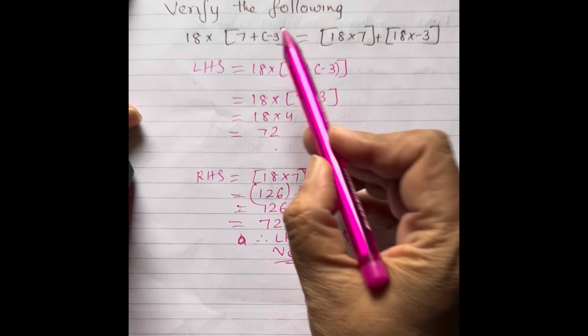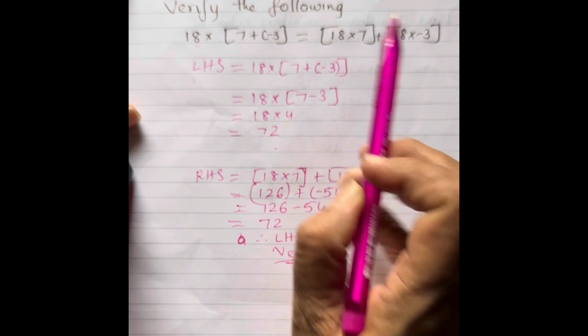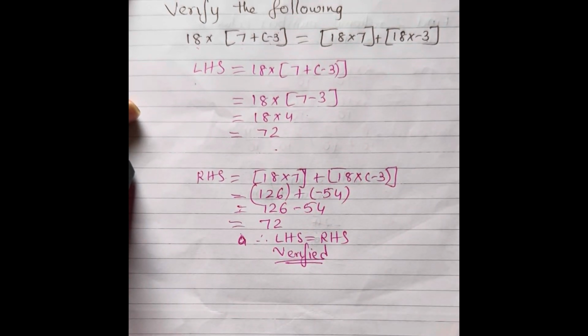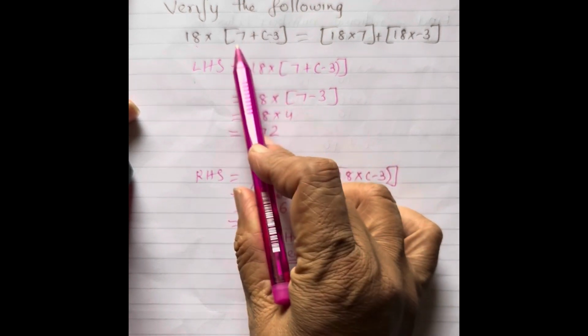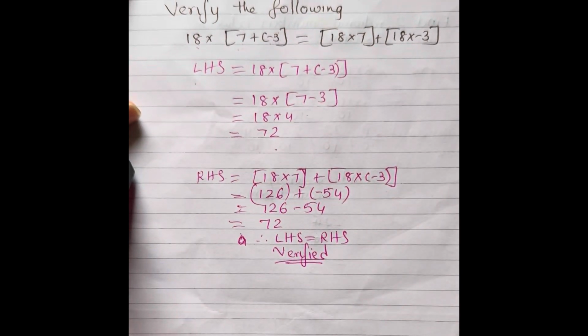Because what happens many a times, the children make this mistake: they multiply it with one of the numbers and they forget to multiply with the other number. So I tell them to remember that these are the guests in your house, you need to give water to both of them, right? That's an easy way to remember the distributive property.